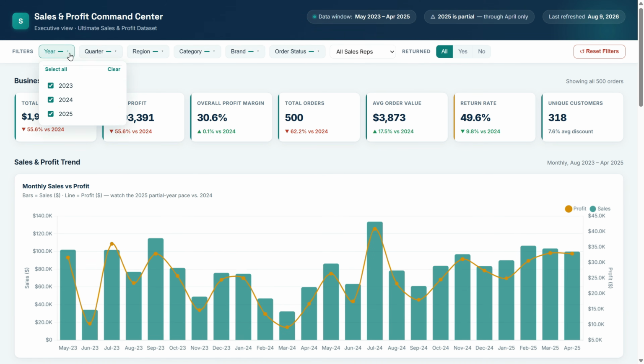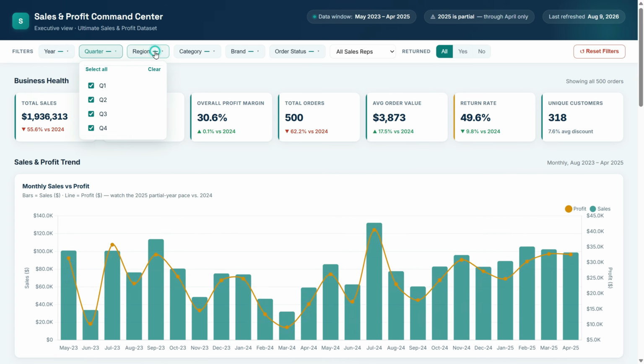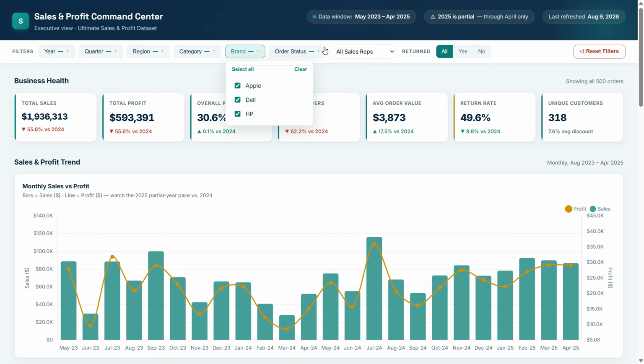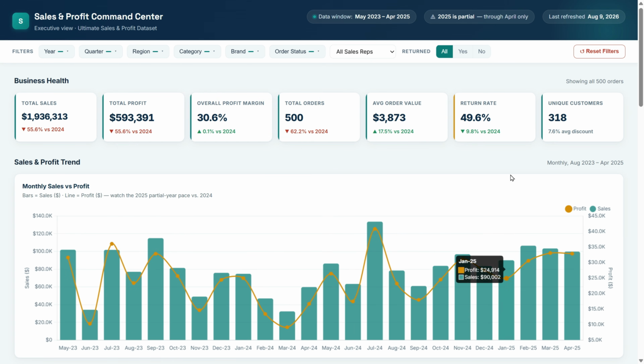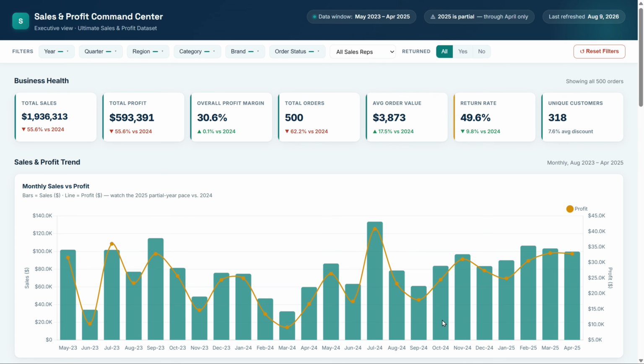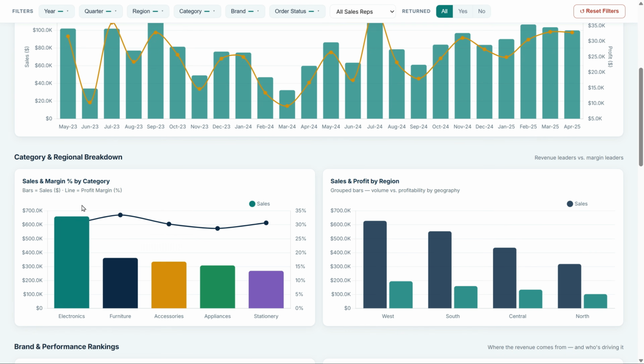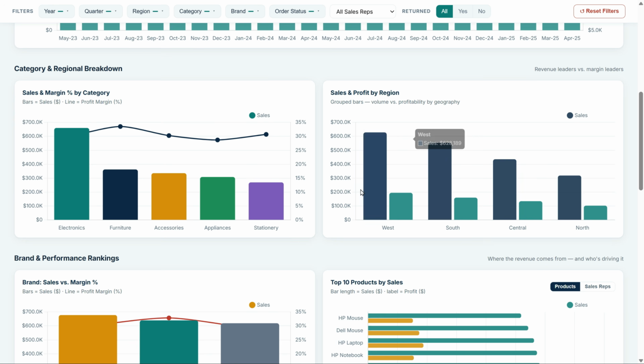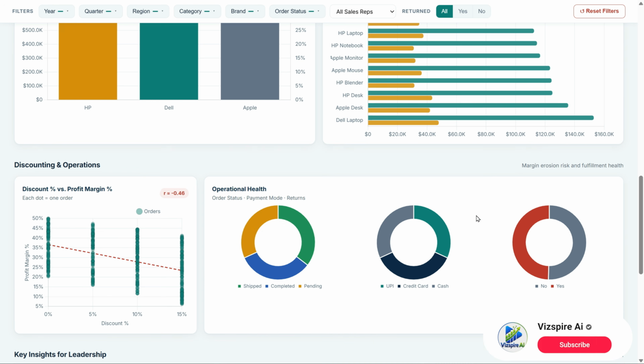Now let's take a quick look at the sales and profit dashboard. At the top, we have the interactive filters, followed by the main KPI cards showing sales, profit, profit margin, orders, average order value, return rate, and unique customers. Below that, we have multiple interactive visualizations covering sales trends, category and regional performance, brand and product rankings, discount analysis,